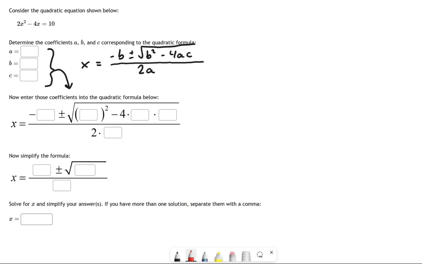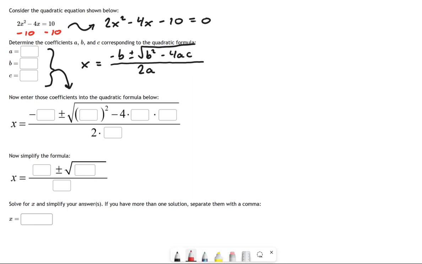Now, I want this equal to 0, and it's not. It's 2x squared minus 4x equals 10. So I'm going to need to turn this into an equals 0 equation before I go any further. Now, that's not too hard. We just say minus 10 on each side, right? What we have to make sure of is when we rewrite this, I have it in standard form. So that's going to be my x squared on the left, then I have my x in the middle, and then my number with no x's on the right side. And it's all equal to 0.